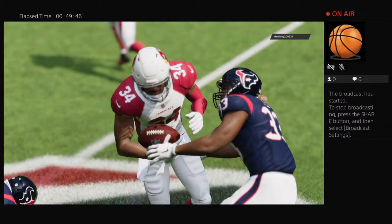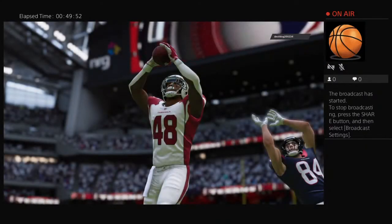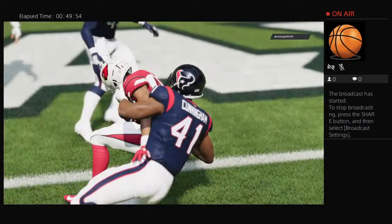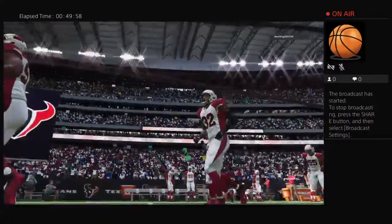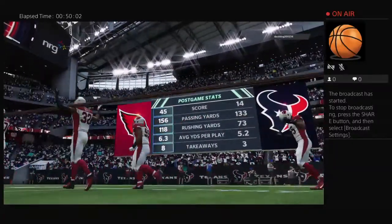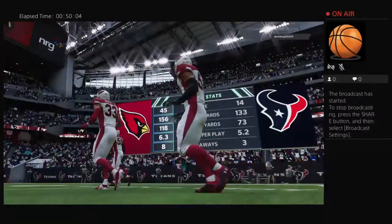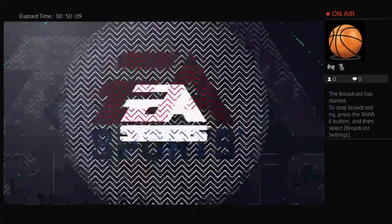Boy, were they clicking on offense. They can't help but feel great about themselves, can they? I mean, what a game to put up that number of points, continually feel like they're moving the ball and things are working and clicking. They think that they can bottle this and carry it with them. And as an offensive coordinator, you just don't think you can do anything wrong. Whatever you call, run, pass, it's all going to work. That's called being in the zone. So for Arizona, it's an important win in terms